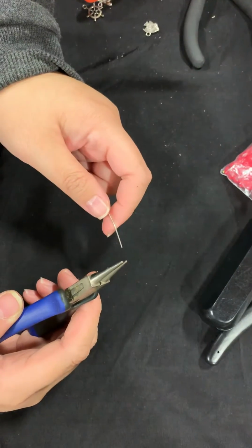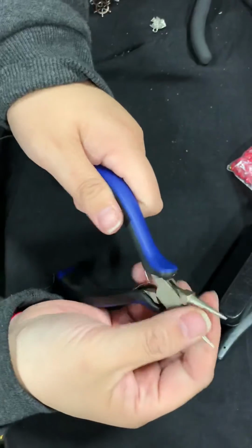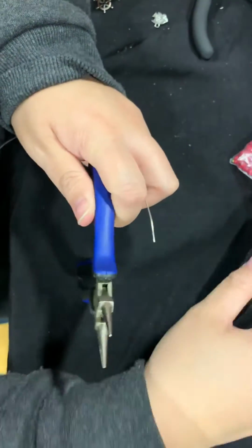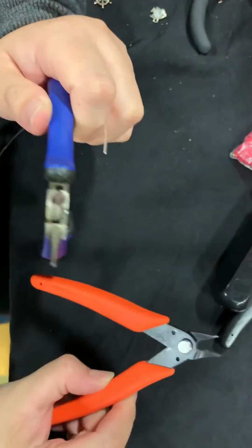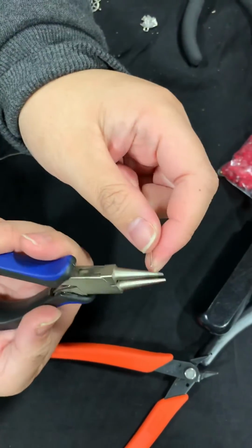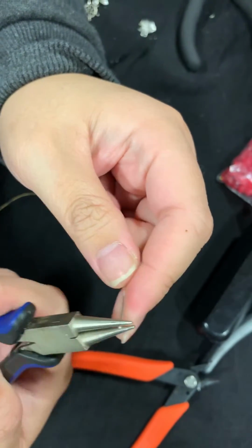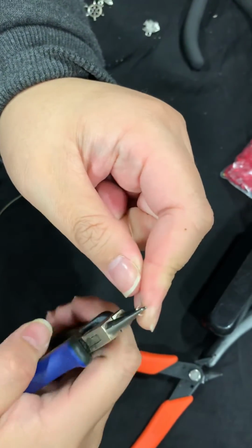Alright, we're gonna make ear hooks. So you need a pair of round nose pliers right here, a flush cutter right here, and we're gonna start. It's very simple. So if you get a fresh cut right here, you go pick a side, you turn like